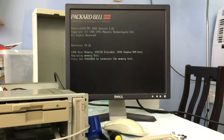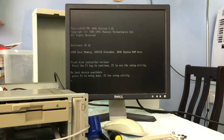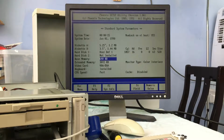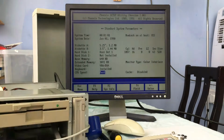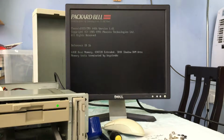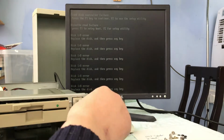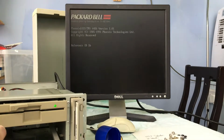So we tried booting it initially from the floppy. The floppy drive did not want to work, so what I then did was I retrieved from my shed, funnily enough, a 1995 486 PC, which I only just found the other day when I was going through bits and pieces in the shed, so I was quite pleased to find that. I brought that one into the house, took out the floppy disk drive and put it into the Packard Bell, just rested it on top, and I was able to get myself into